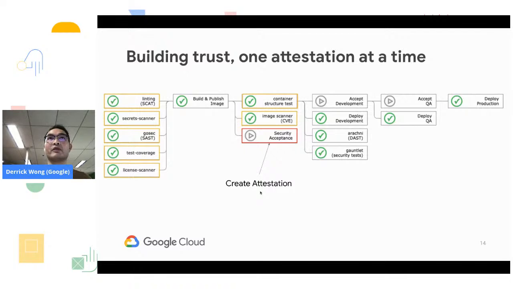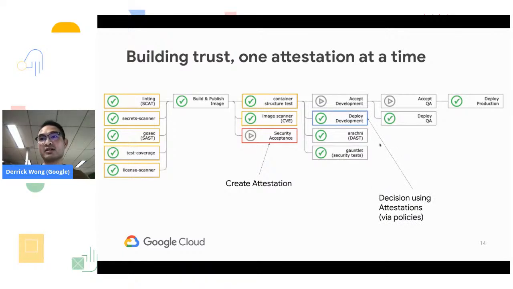It is a form of explicit trust, which is basically the proof or the evidence, or cryptographic evidence, saying the test is done, right? And the test ran successfully. And then this attestation will be stored in the metadata store as mentioned. So create attestation, and then